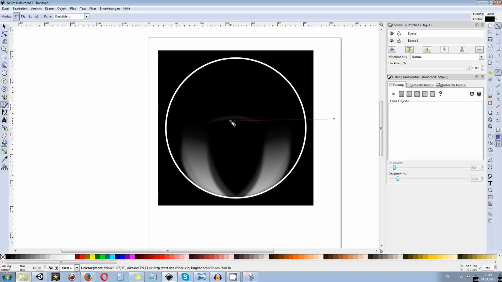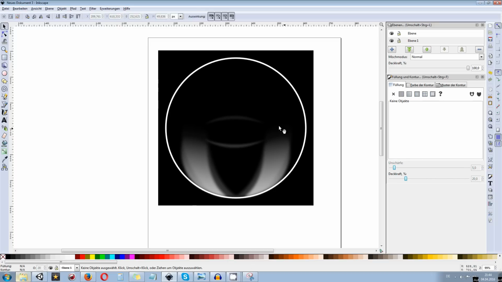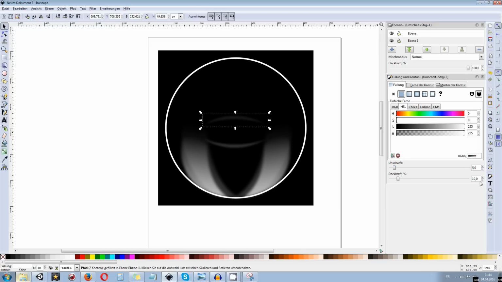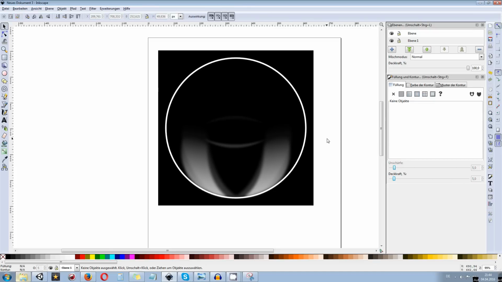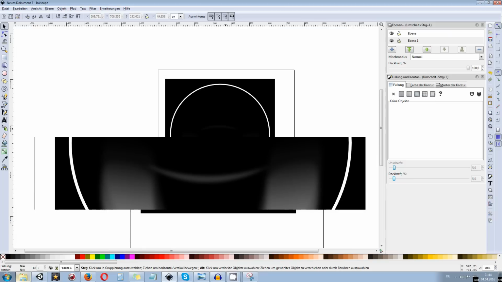So what we also want to do is duplicate this one by Control D, flip this one vertically, and move this one down by using the arrow keys if you like. And of course we need to make sure that this is a bit more visible, so we have a frontal one coming out. And 10% seems to be a bit too much, so maybe I decrease opacity to 5%. Okay, that looks pretty okay-ish.